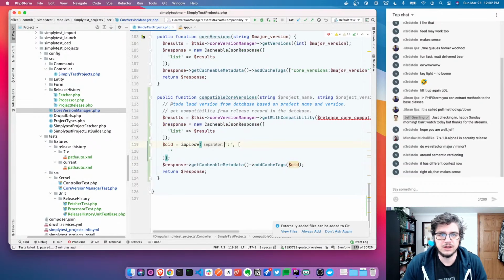So what we want, because we're not going to update core versions often, it's only going to be whenever there's a release of Drupal core. So we can set up a service that monitors that and says, yep, time to go update our data. Because when you invalidate tags,